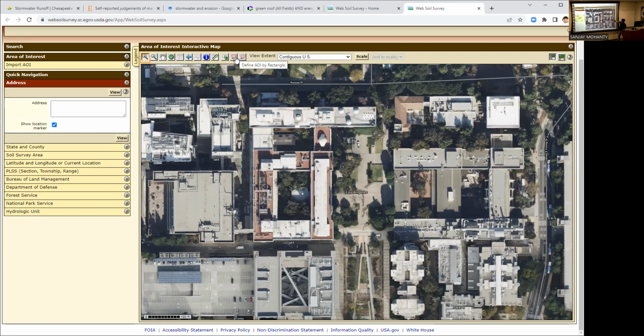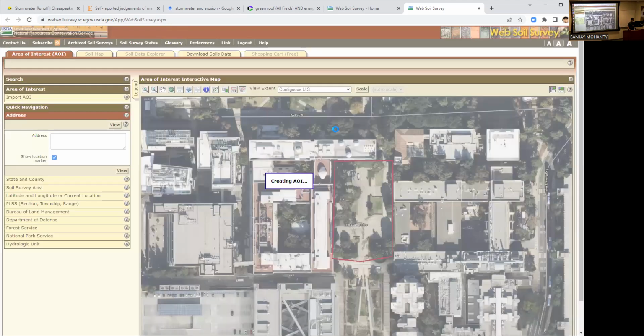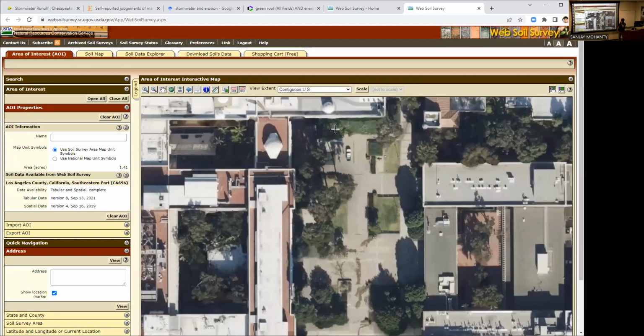There are two options to click here. It's very hard to see. One is a rectangle, another is a polygon. For the rectangle you just have to click on it. I'm going to choose polygon because that can apply to any location. So I click polygon, AOI here. Then I'm going to click all these places where I want to find out the soil type. If you double click, that ends it. Now what it does, it creates this map, right?